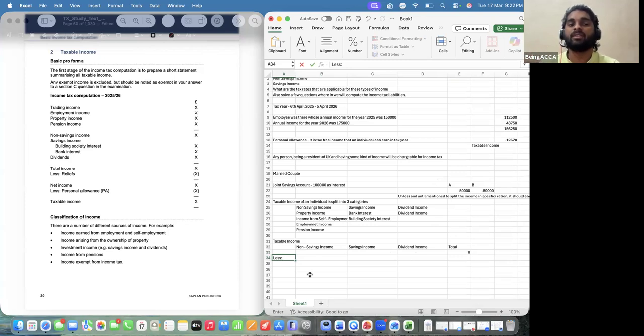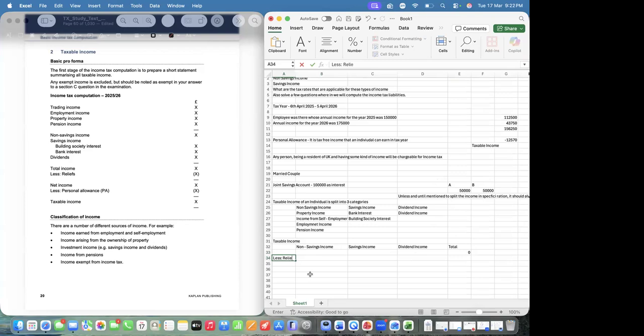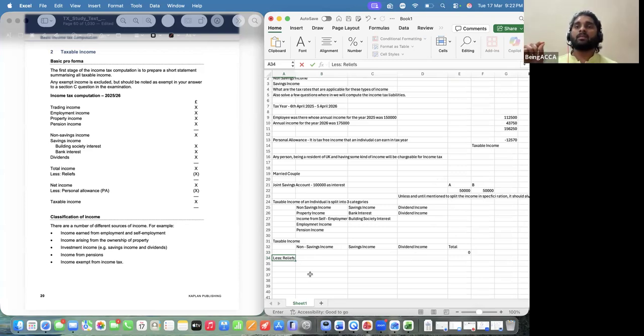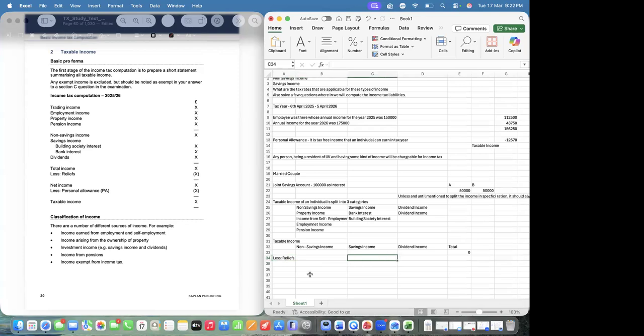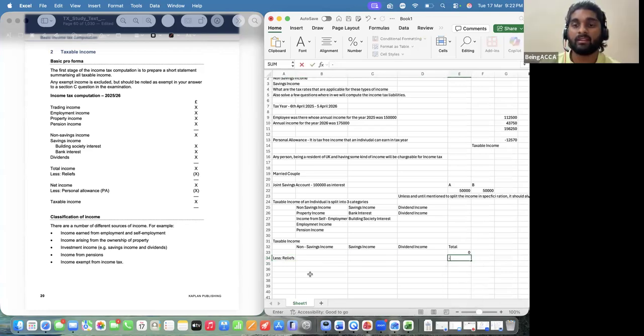What are the different types of reliefs that are available? In tomorrow's session, less reliefs, because non-savings income and savings income itself is a bit complicated to understand. So I do not want to put you through a lot of stress, a lot of content in one day. So let's take it as slow as possible, but as thorough as possible. Once you deduct the reliefs, minus X, I'll keep it as less reliefs,